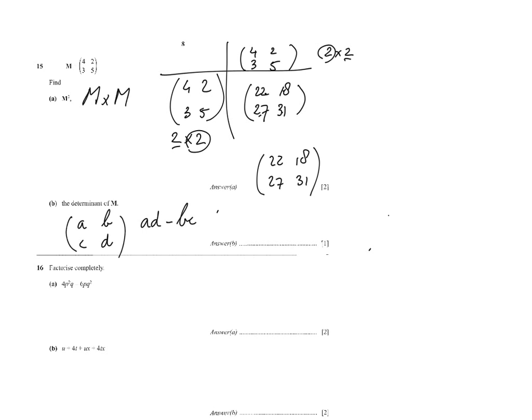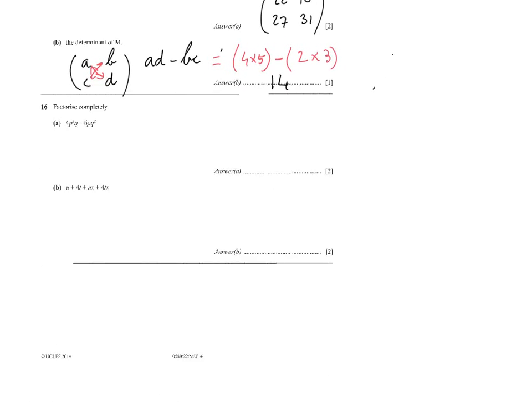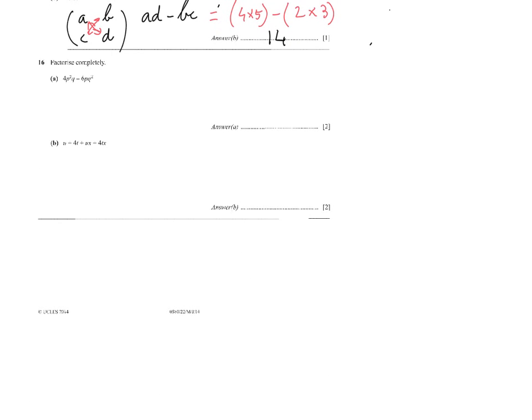So these two multiplied by each other, AD, take away these two multiplied by each other. In this case, AD, so 4 times 5, and I've got to take away BC, 2 times 3, so 20 minus 6, so that is going to give me an answer of 14, the determinant. There we go. Moving on, factorize completely, and completely is important, says we have to really get rid of that